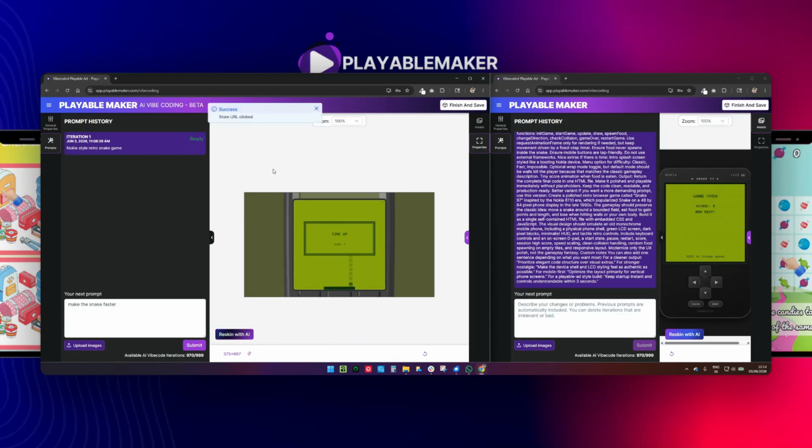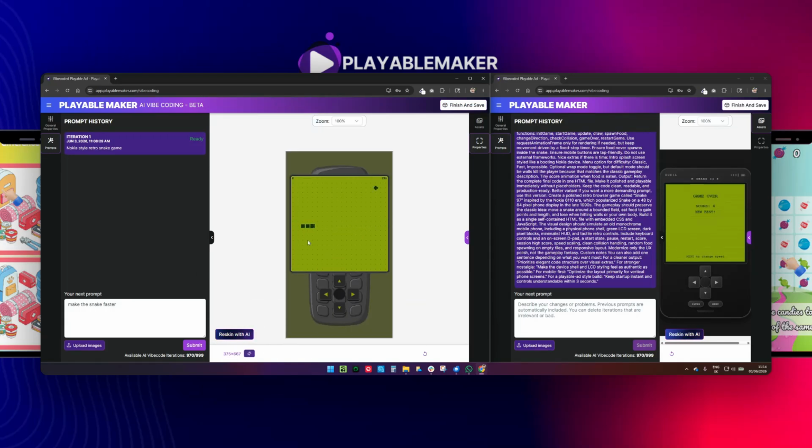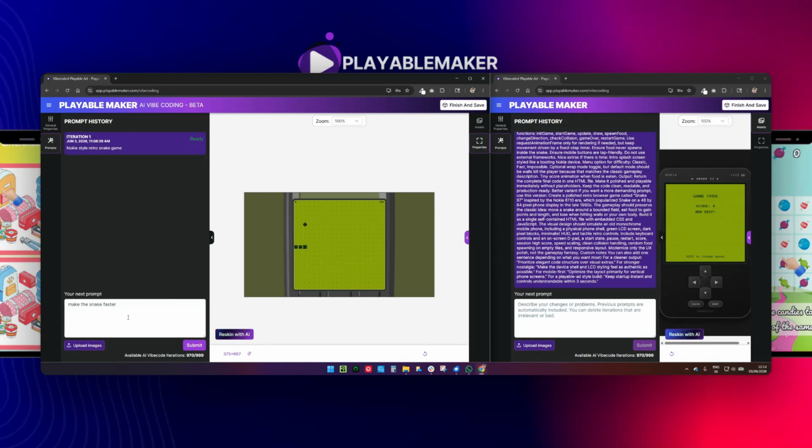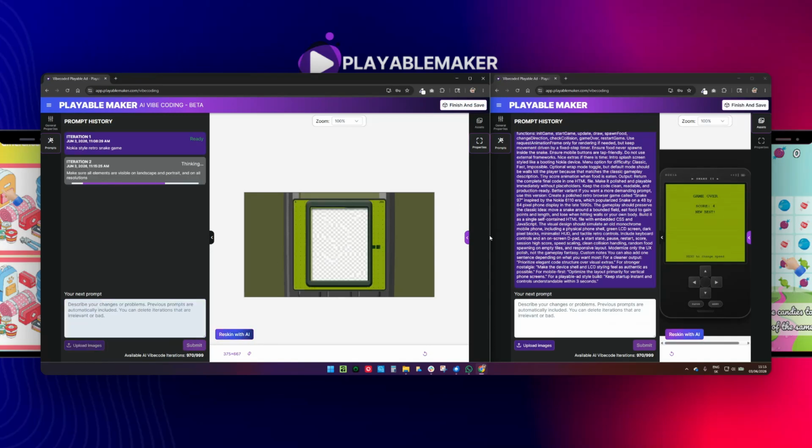And as you can see, there is a bug with responsiveness on the landscape, so the button was not visible. So basically my next prompt would be: make sure all elements are visible on landscape and portrait, and on all resolutions. So that would be my next prompt here. And let us check